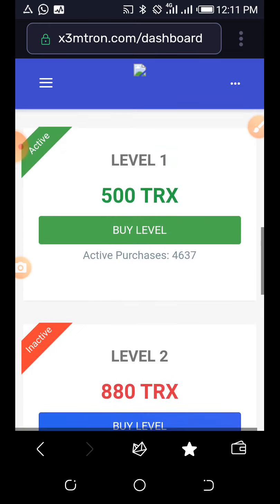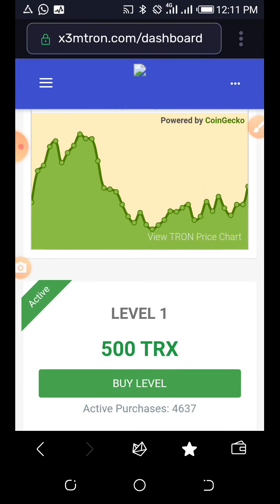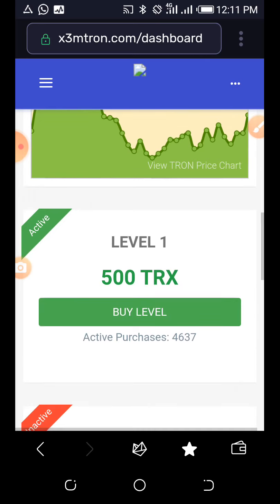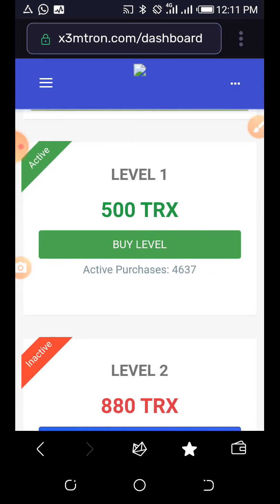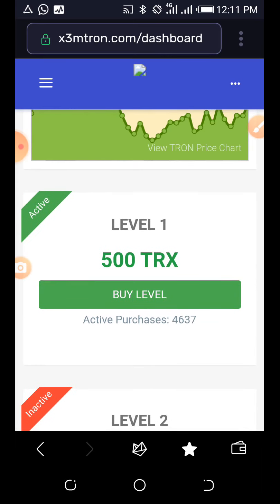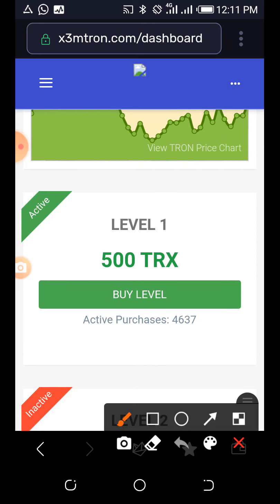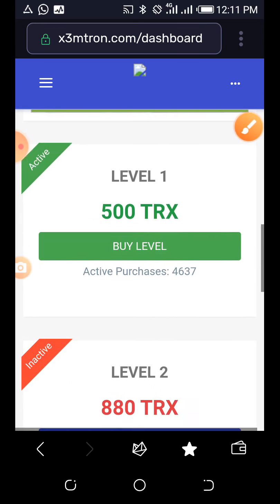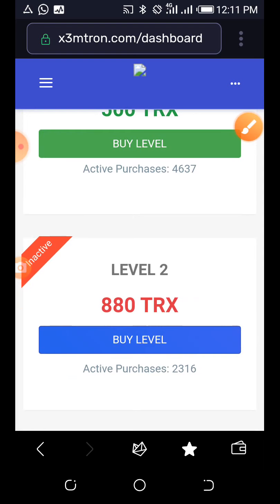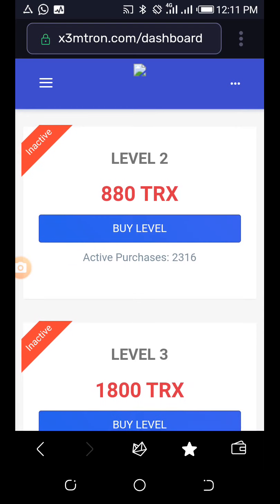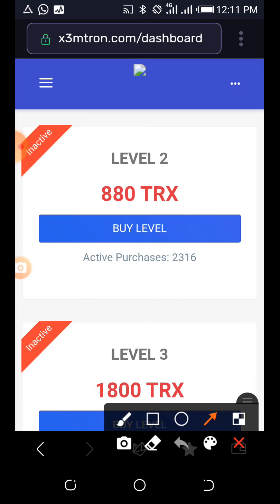So the network is a matrix-based system from level 1 to 5. From level 1 to 2, you only need 2 referrals. From here to move to the next level, which is level 2, you only need 2 referrals. And from level 2 to level 3, you will need to refer 2 people.